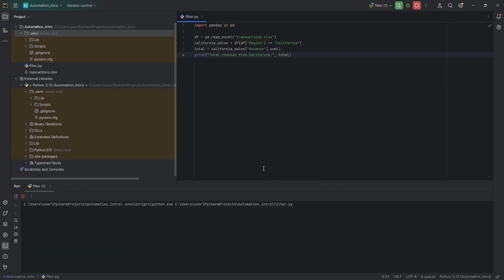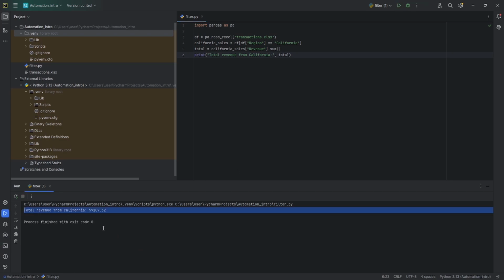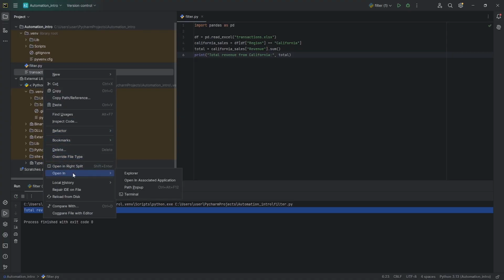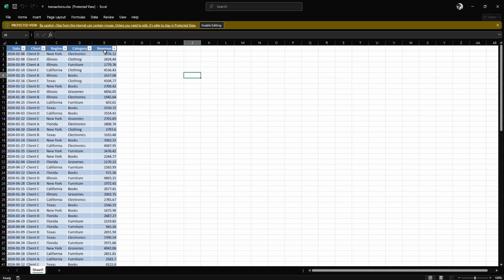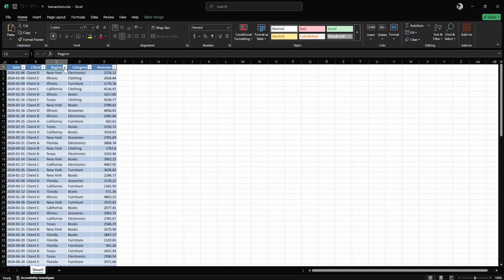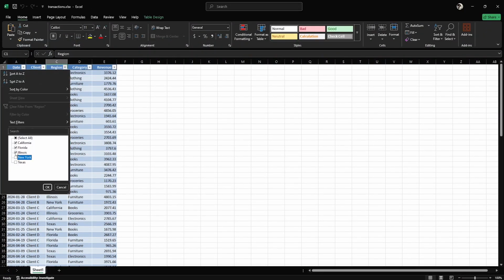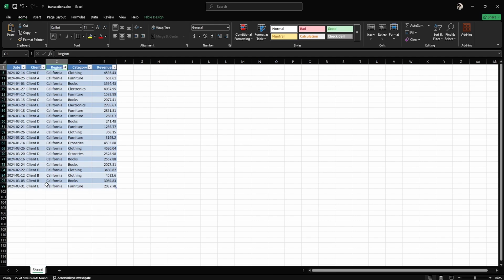Now let's run this filter once again. Now you can see the total revenue from California is 59,107. So let's try opening this up. Let's see, Explorer. Now I'm going to check on the revenue. First off, I'm going to click on the region. First off, click on Enable Editing. I'm just going to check on California. And I'm going to check out this one. I'm going to type in sum equal,